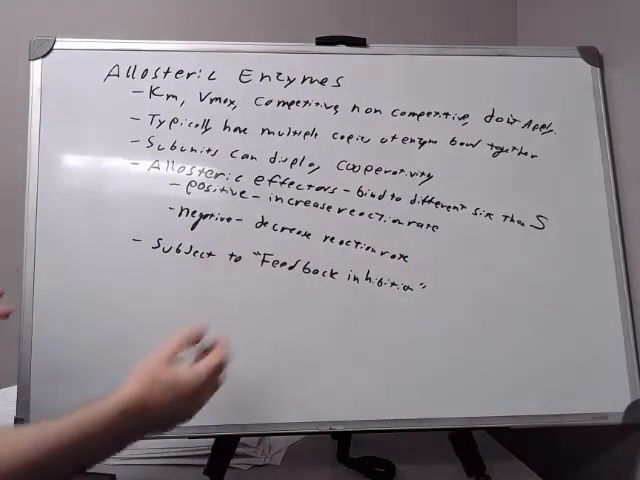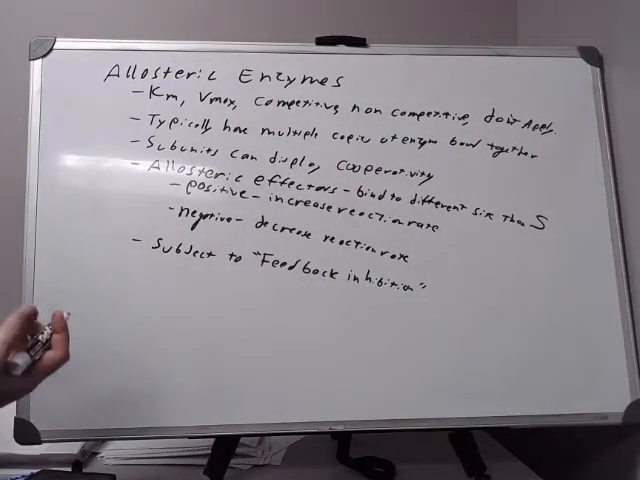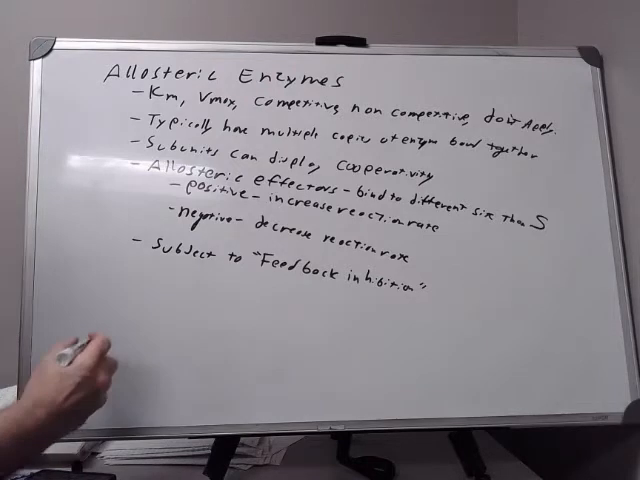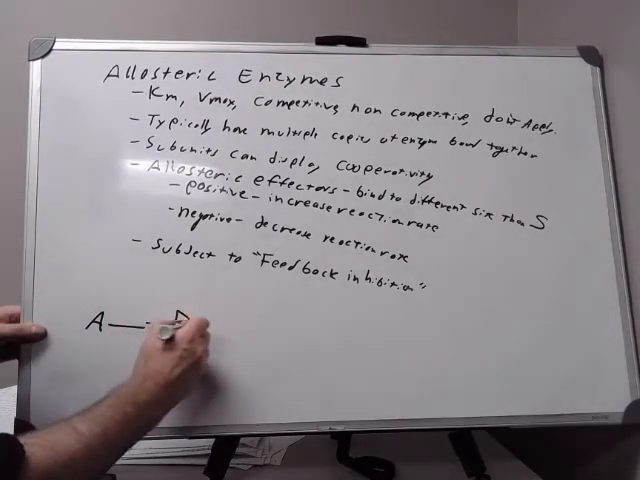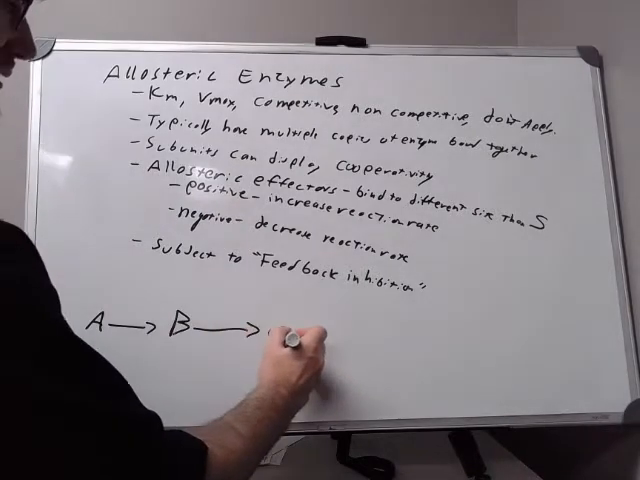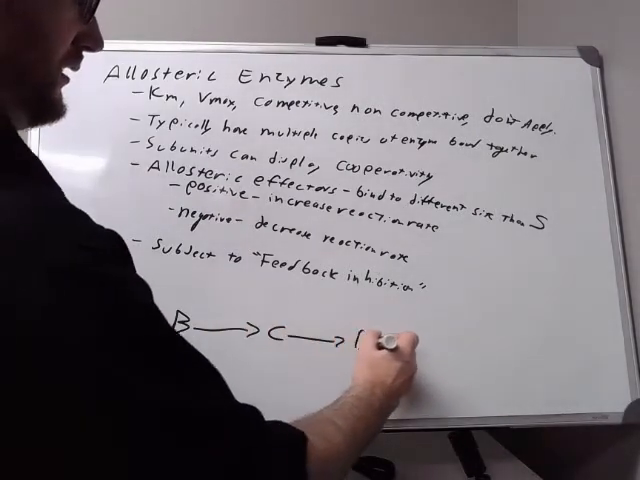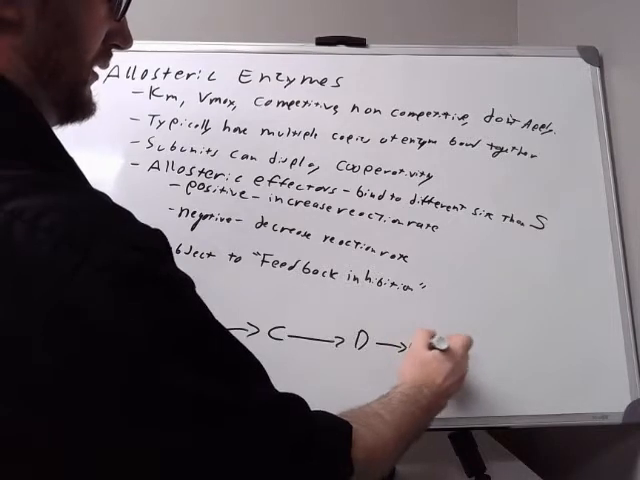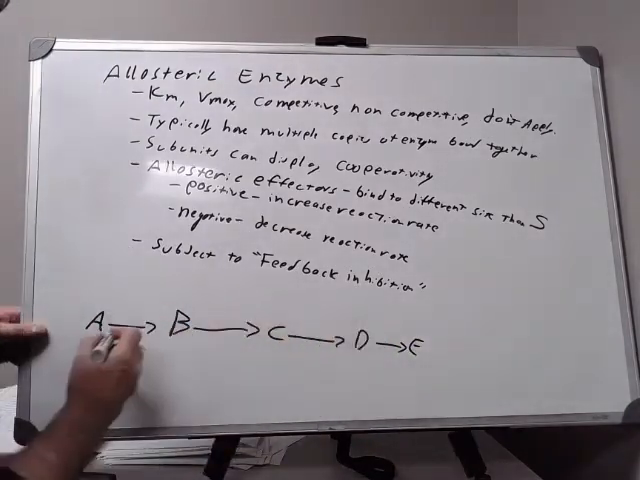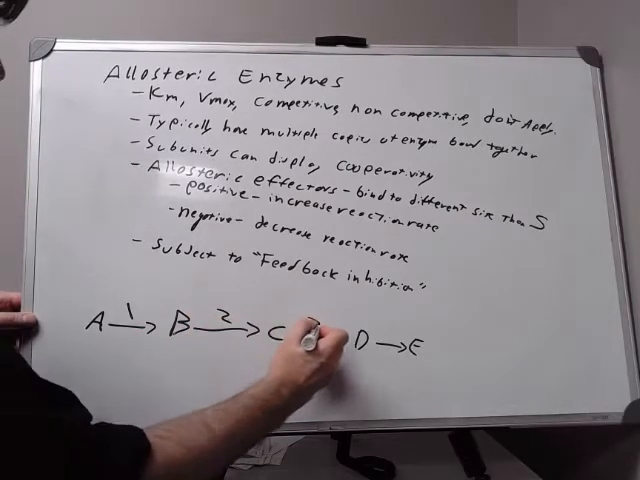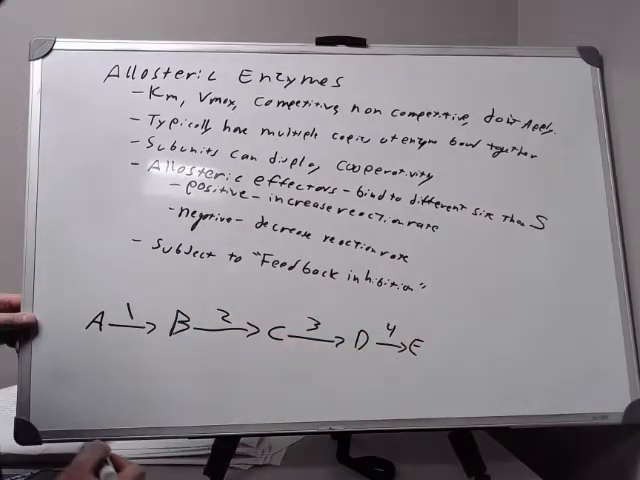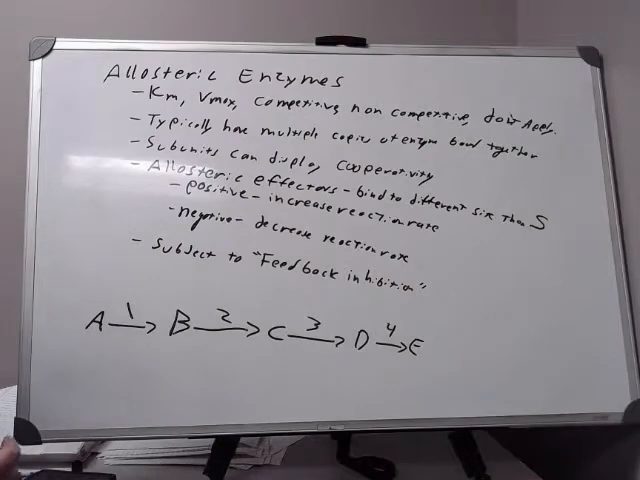And in feedback inhibition, let's say that we have a certain biochemical pathway where a molecule A gets converted to molecule B, converted to C, converted to D, and finally converted to E. And each one of these steps is carried out by an enzyme, enzyme 1, enzyme 2, enzyme 3, enzyme 4. And let's say they're all allosteric enzymes, and